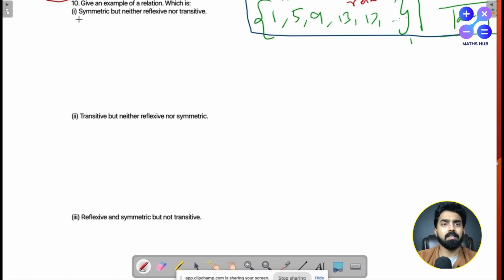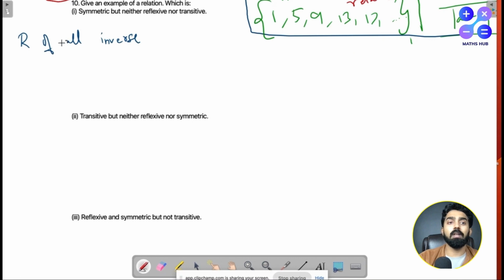For question 10, we have: give an example of a relation which is symmetric but neither reflexive nor transitive. Okay, so these are pretty tough to come up with if you get such a question in an exam. So ideally, you would have to remember a few examples for each of these types, right? That's the only way, as you will find it really hard to come up with something which fits all these criteria. So one example of this would be a relation of all inverse